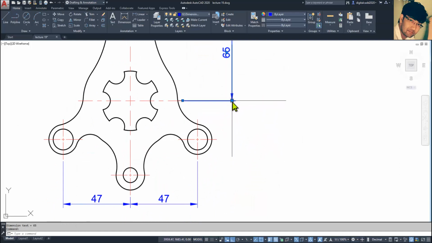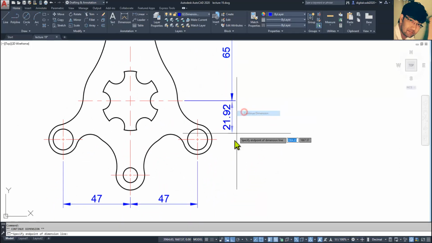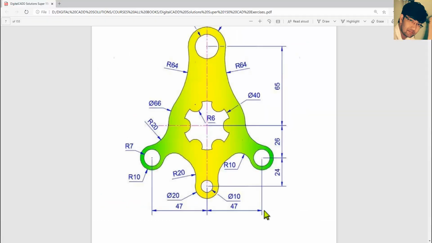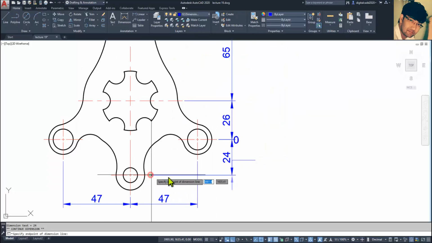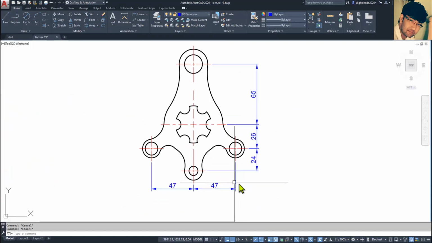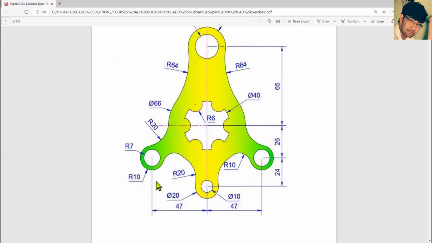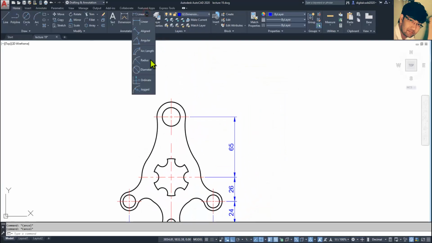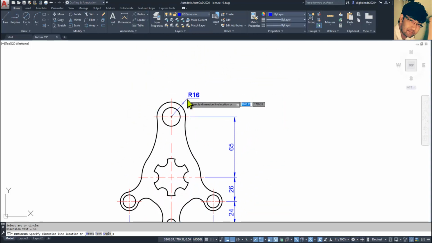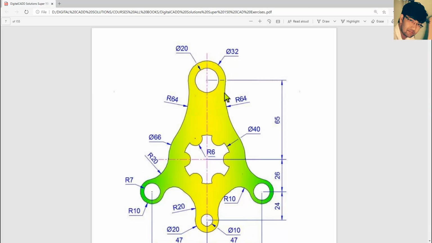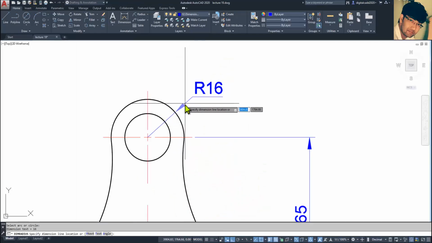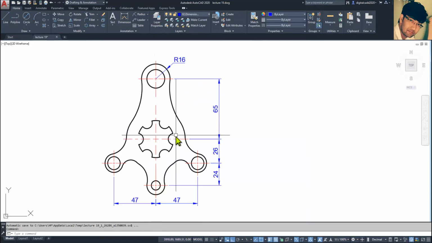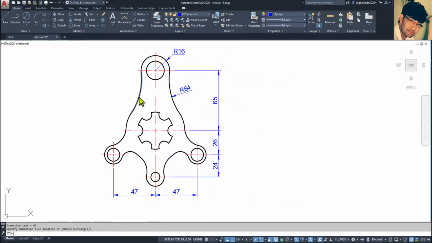Okay, select this one and go to continue dimension. Okay, and here 24. Okay, skip it. So we have done it. Now what? All the radiuses. Okay, so go to radius, select 16, or even you can show, because this is an arc actually, so just show radius. And now this is one radius, this is one radius, so it is understood actually,